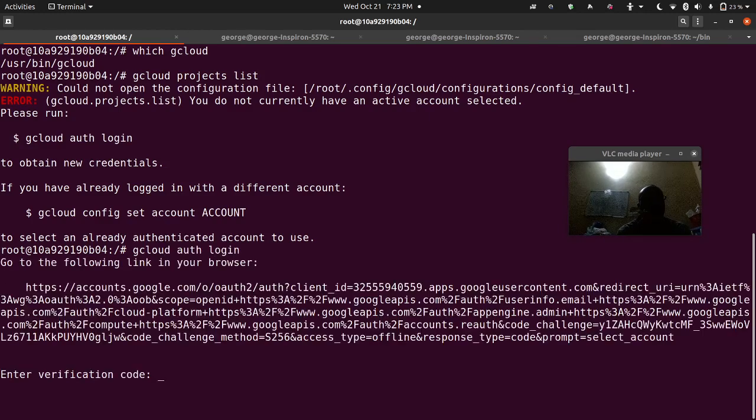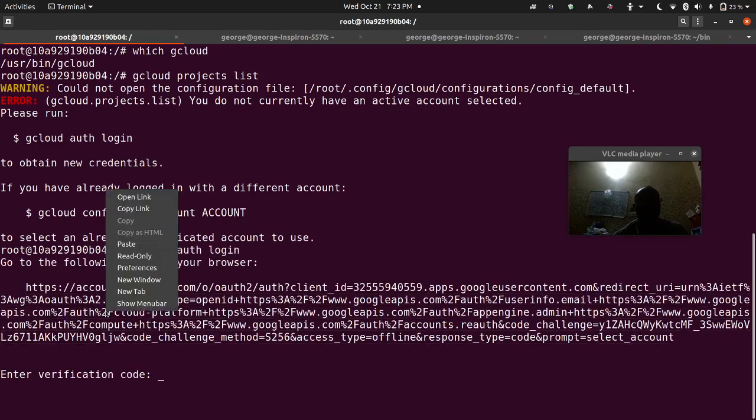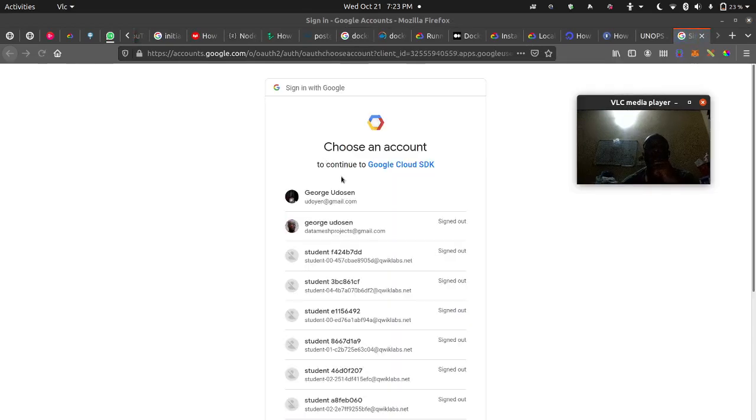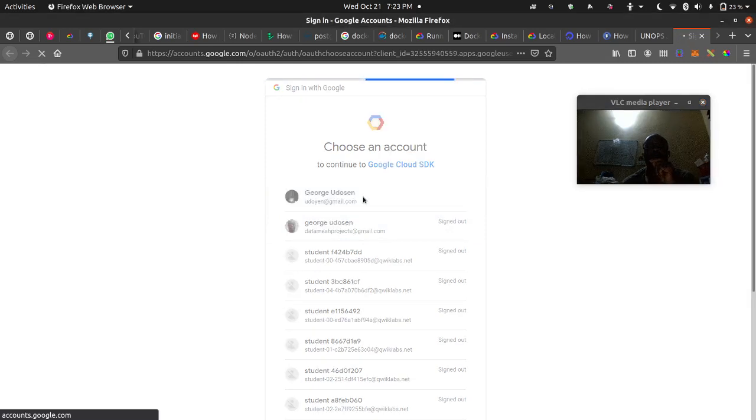I right click on this like I did previously and then say open link. So the link should open up. It opens up, and then I pick the actual Gmail account that I used to set up my GCP account. I keep using this one. I have this one also, but let me use this one. So when I click on this,